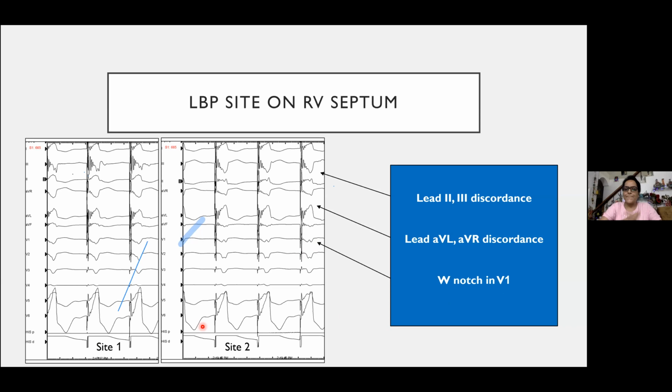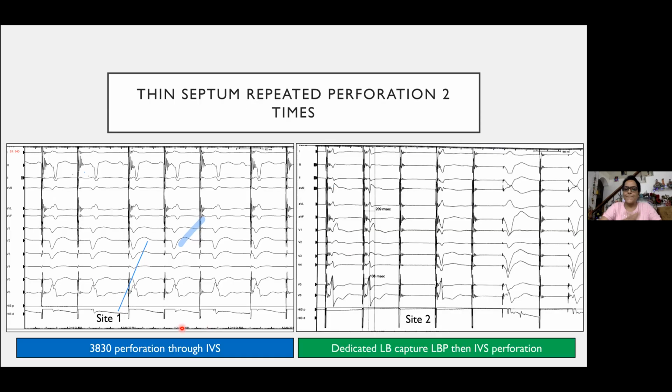So I screw it in. And this is what happens in the first site, just 2 or 3 turns and it just perforates, gone through the interventricular septum. I mean, it was so quick that I didn't even realize. And as soon as this happens, you know that this patient, particularly an elderly female, so thin, we are going to have a hard time in screwing the lead here. Okay, so anyways, I pulled out and tried another site.